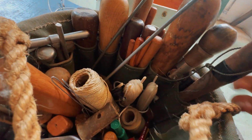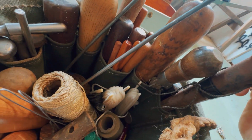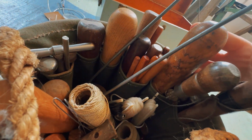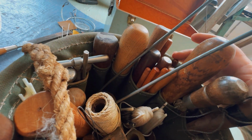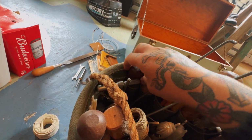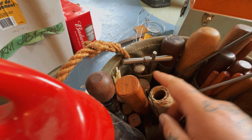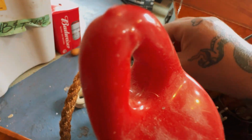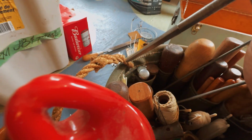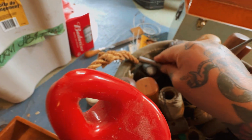So this pocket has 2 spikes in it. This one has a giant fid and a leather awl. This one has all of those other fids that I got in this recent kit. That's one of the new fids. This is a slightly smaller fid. And then this pouch here has all my spikes in it and other little prying tools like this guy, which is kind of like a spike in the end. And then